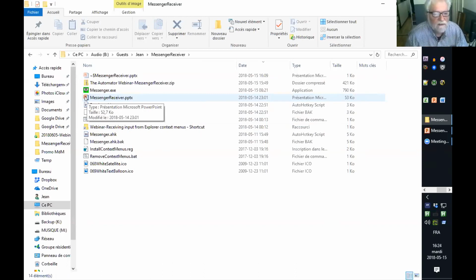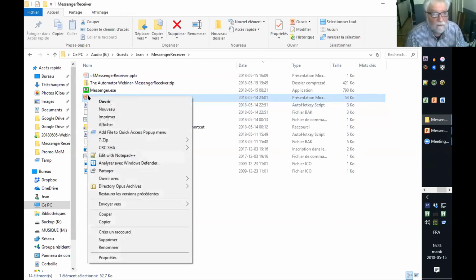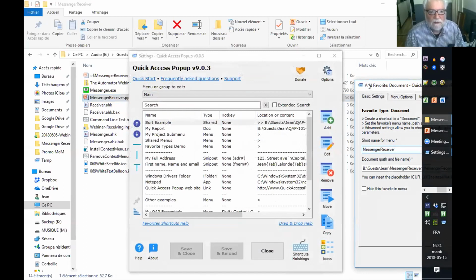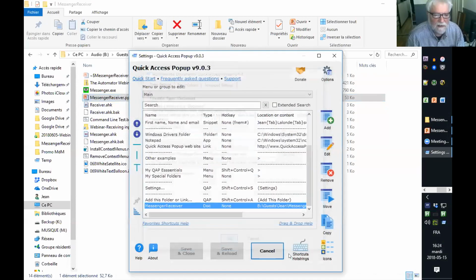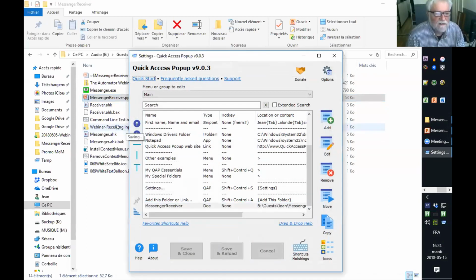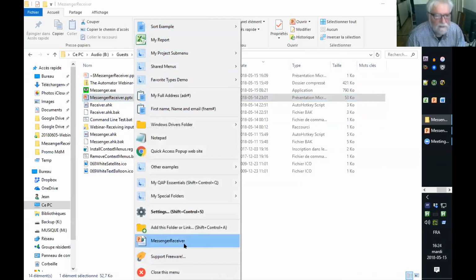And so what I've done is to create a messenger. For example, if I want to add this file to my menu here, I right click, and I have this entry here, Add file to Quick Access PopUp menu. When I click this, it will automatically open the Add Favorite Document dialog box, pre-populated with default values to add the file I selected. And if I add it and save it, now I have this at the end, probably here, the messenger receiver